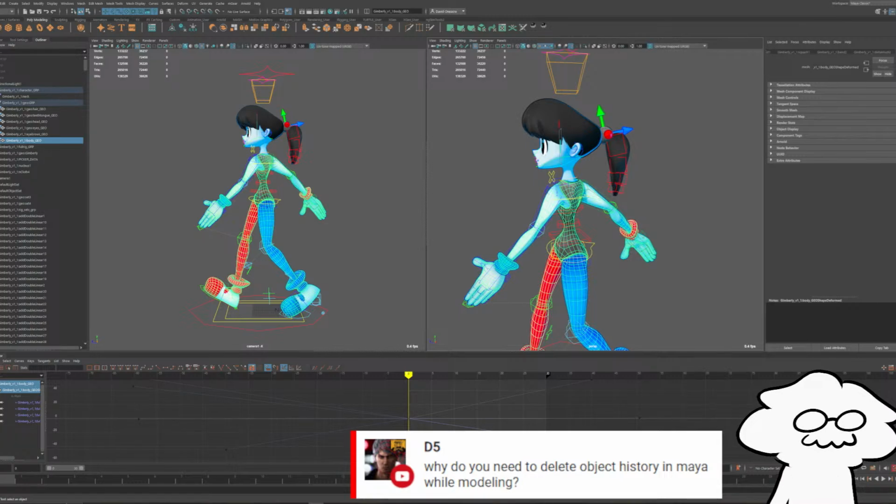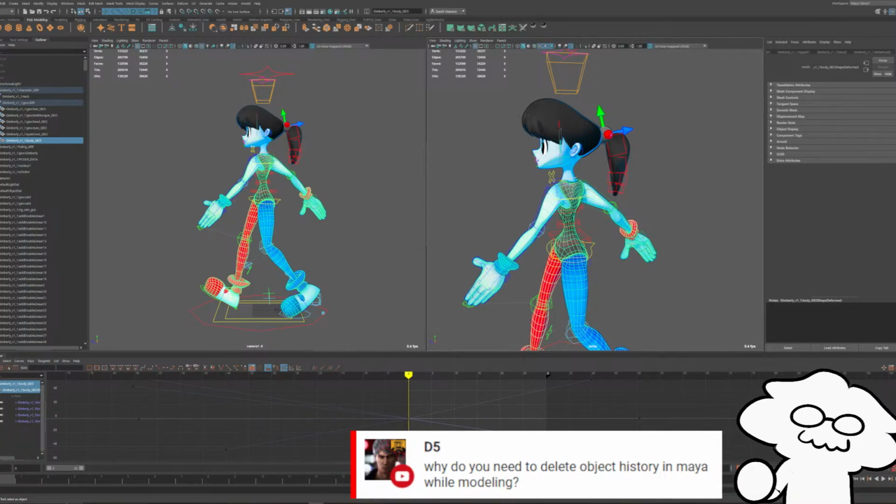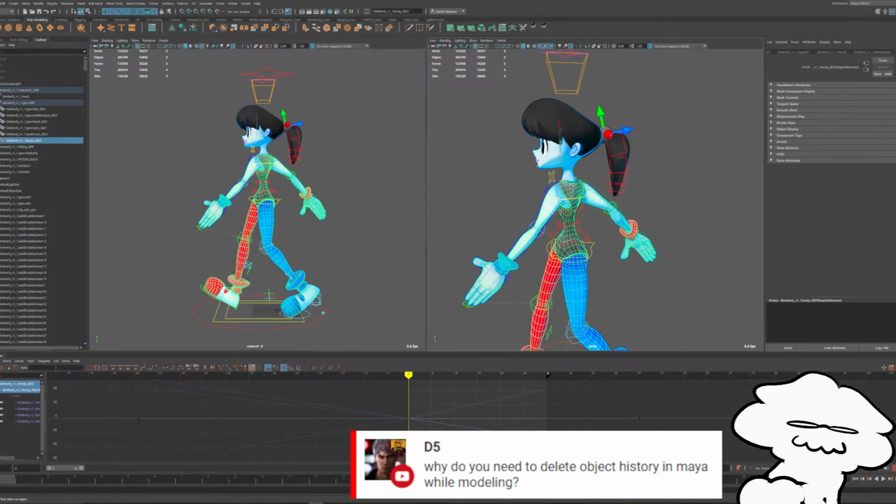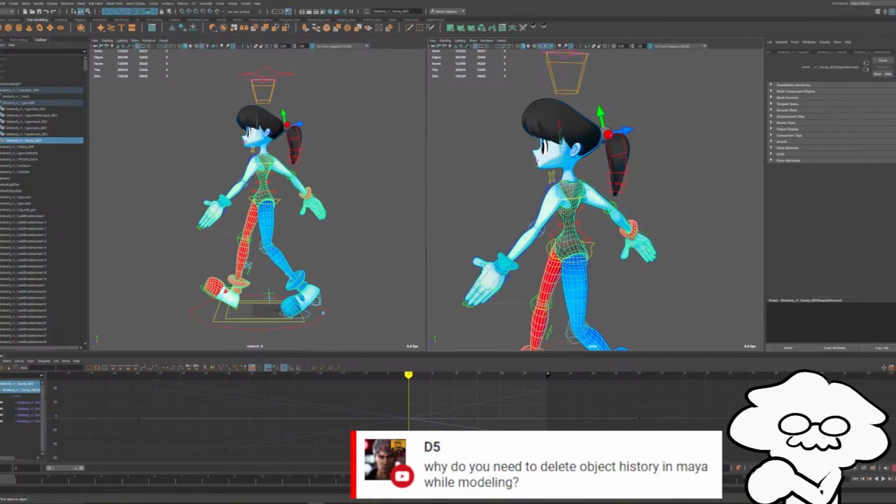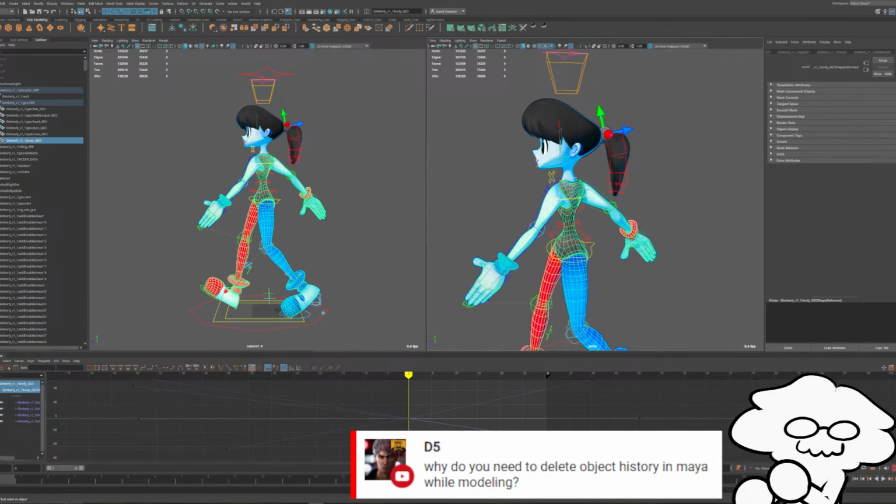D5 asks, why do you need to delete object history in Maya while modeling? I'll get into that. I want to do a tutorial just like this one for Maya basics, and I'll get into that whenever I do that. But the gist of it is that Maya is a little different from a lot of 3D programs, mainly because it's older, honestly. As you work in Maya, it creates history nodes, which basically saves each step that you do, which allows you to modify what you did previously. And then every now and then you have to delete history in order to clean up what you have, because after a certain point, once you have a ton of history built up,